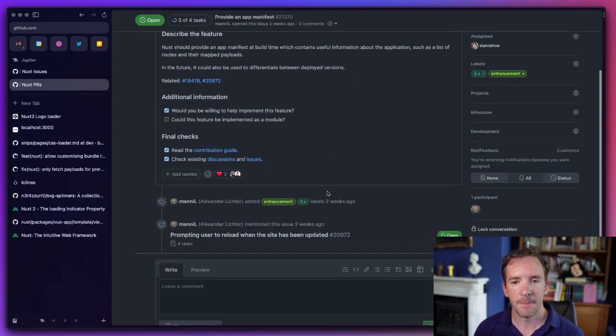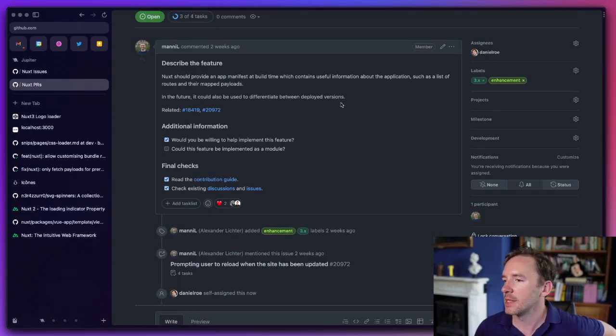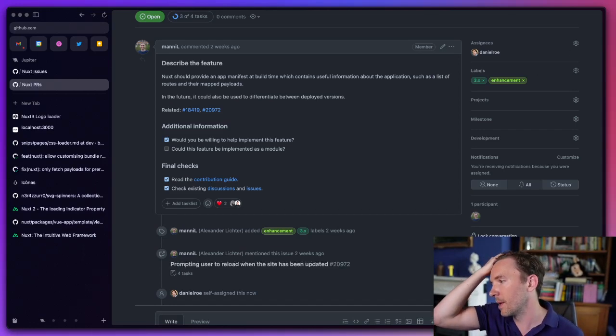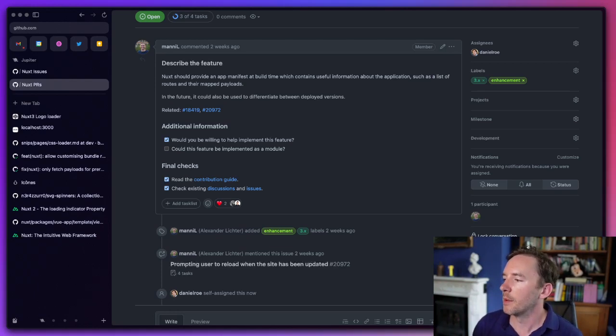So basically, we want to generate some stuff that might be relevant to the build. It can contain things like a snapshot somehow, maybe an ID that's unique to the build, so you can check if the build has changed. And it might have a couple of other things, maybe some route rules and pages that have been pre-rendered that aren't covered by the route rules that we've previously created. And so the whole point of this app manifest is to do things like, so for example, in Nuxt